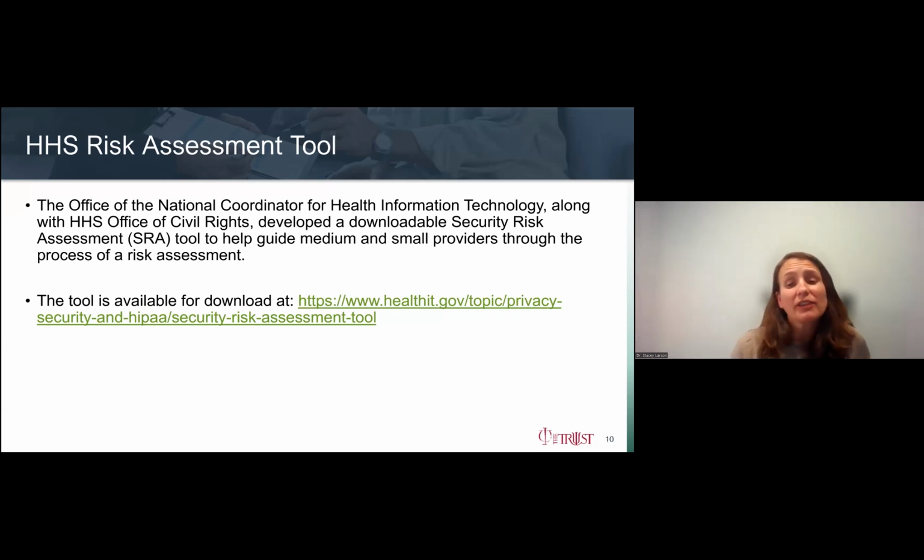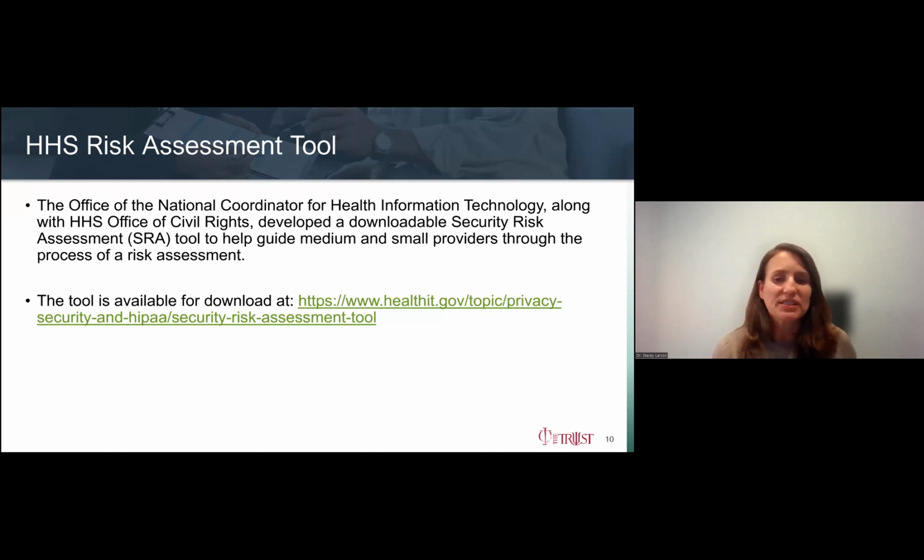Obviously, all information entered into the tool is stored on the user's computer. So it stays on your computer. No information is being sent to the Department of Health and Human Services. They're not collecting or viewing or transmitting any information entered into the SRA tool. It truly is a downloadable program that you put on your computer, fill in the information. It will give you a report that you can print up and save, and then you can do it again when you need to, when there's an inadvertent disclosure or a big change in the practice or a new rule